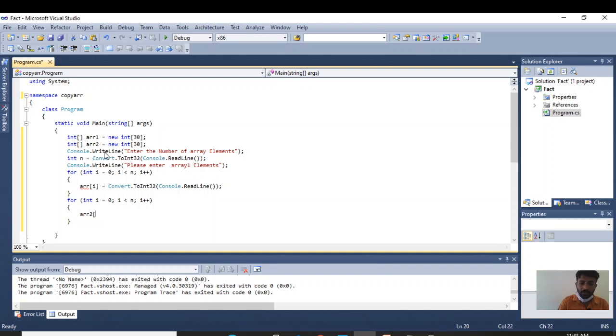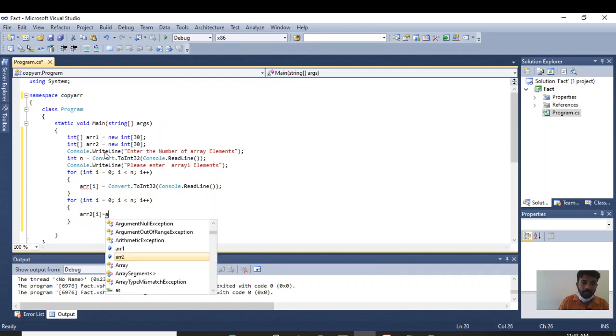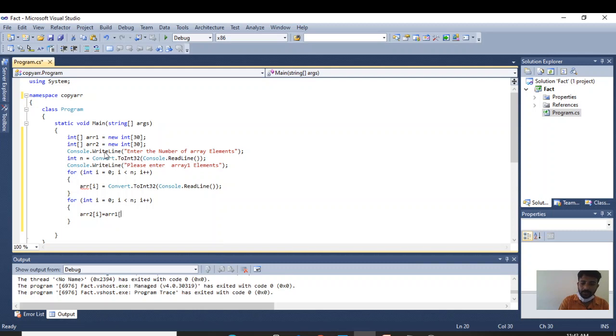Array 2 of i equal to array 1 of i. Here the index value of i will be copied into the index value of array 2. Suppose the 0th index value of array 1 is copied into array 2 at index 0.